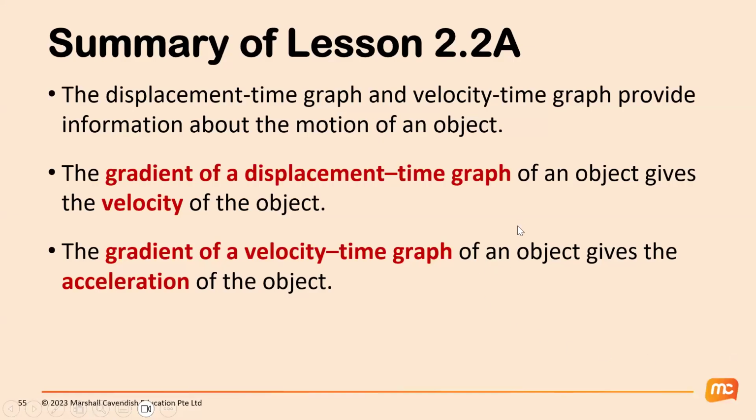Okay, so summary, remember, whenever we try to explain the motion of an object using graphs, we tend to describe it in terms of the gradient. The gradient of a displacement time graph gives you the velocity, while the gradient of a velocity time graph gives you the acceleration. Okay, and then every time you see a flat line means gradient is 0. Every time you see a straight line when you are describing motion, it needs to have the word constant